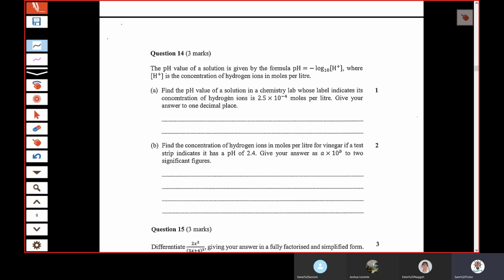Sounds like you guys are over-reading it, which is why I'm telling you to read it. So just relax when you see a question that looks weird. Don't worry, it doesn't mean anything. There's your pH equals negative log. Find the pH. Obviously you need to find H. H is this, moles per liter. That's it. So the pH equals negative log